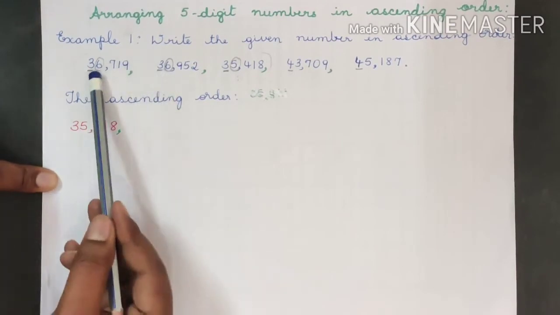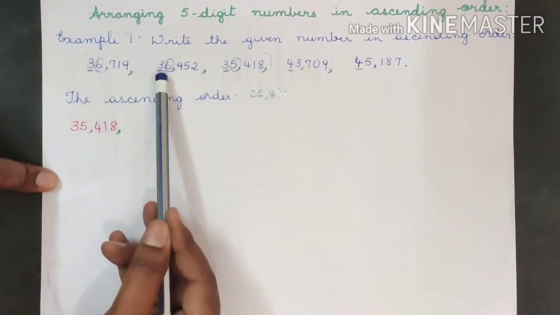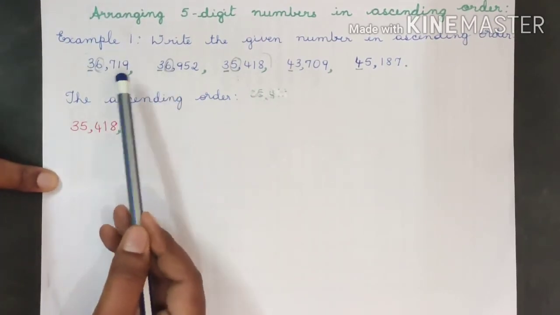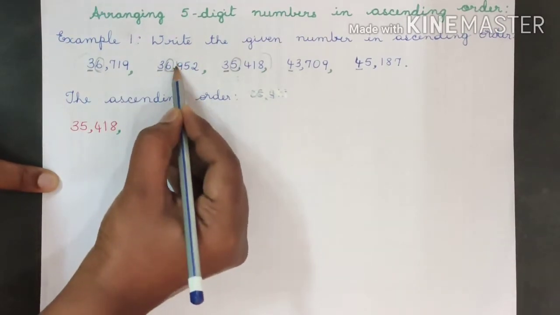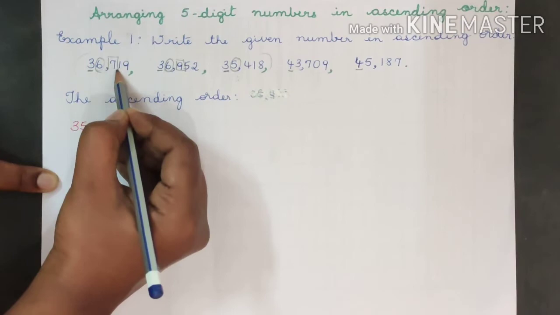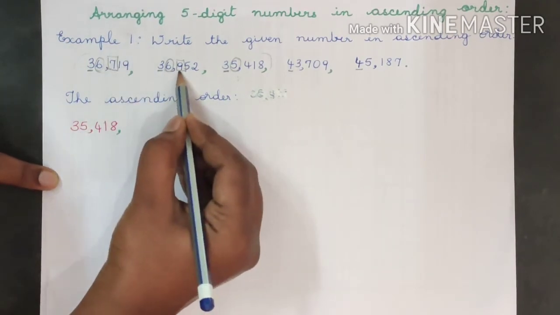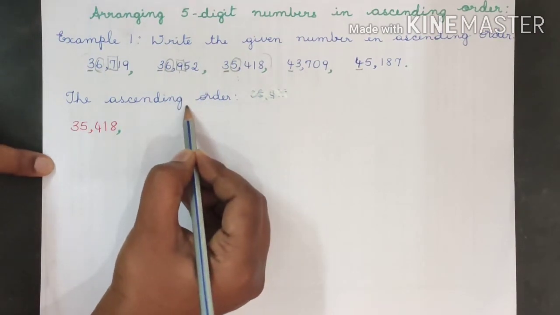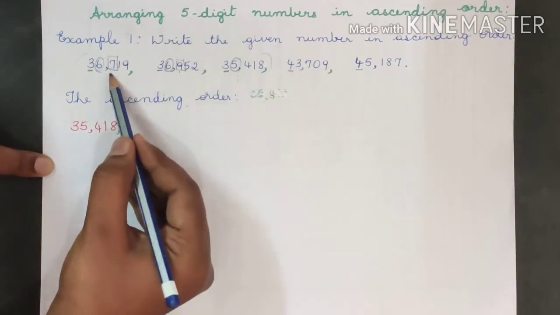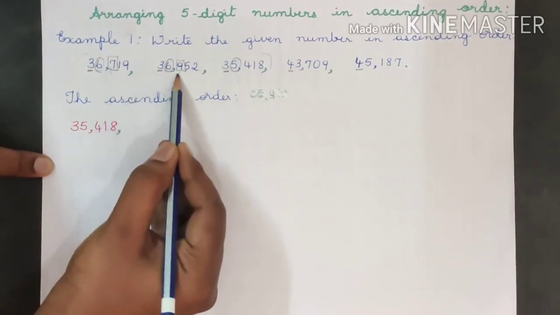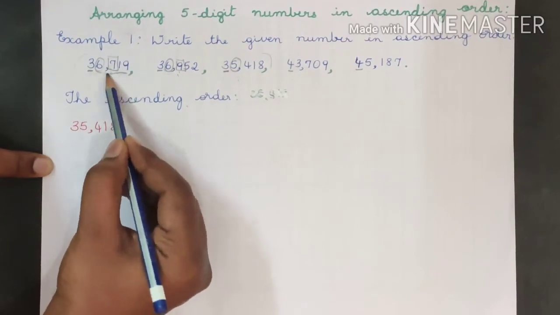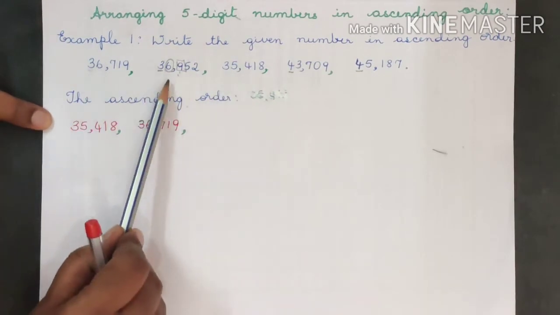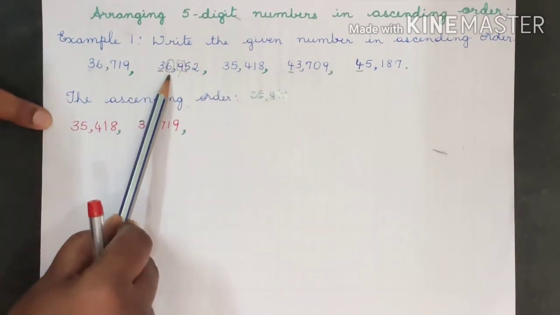Comparing these two, thousands are same. When 10,000s were same, we compared thousands. Now when thousands also are same, we have to compare the number in the hundreds place. We have 7 here in hundreds place and 9 here in hundreds place. Ascending order means arranging the numbers from the smallest to the biggest. So we have to write the smallest number first. 7 is smaller than 9. So this number comes first. So we have already written this and this number. We are left with this. So this comes third.